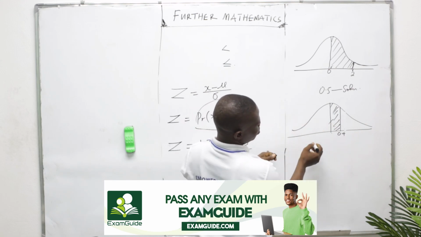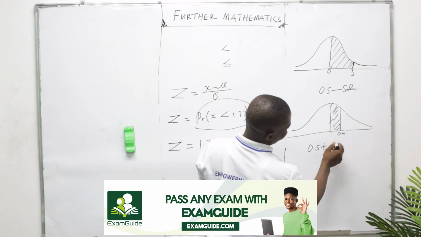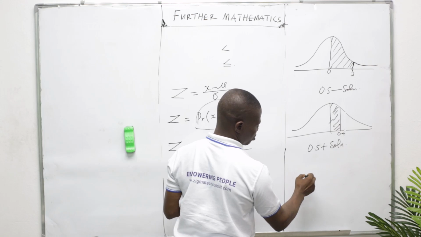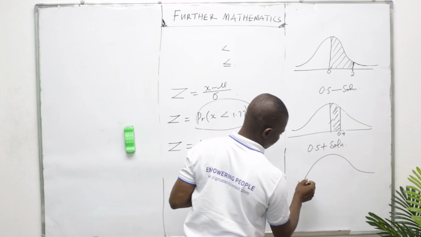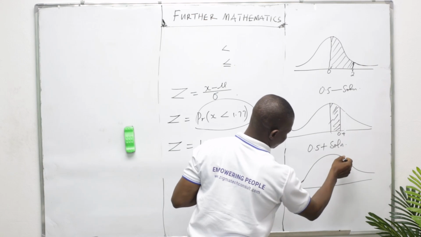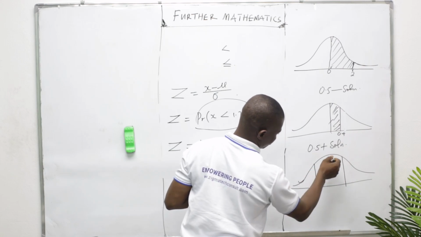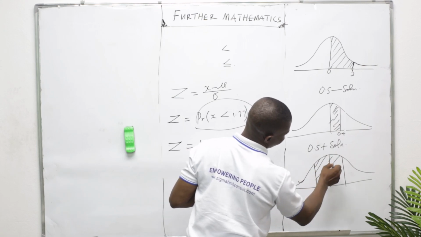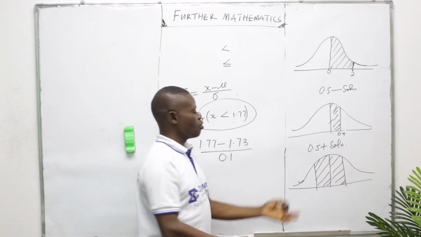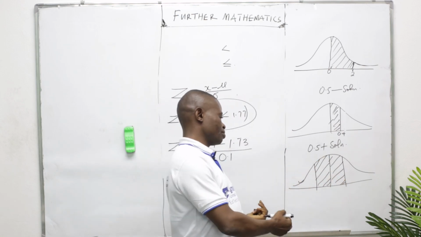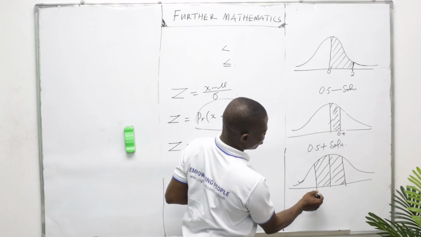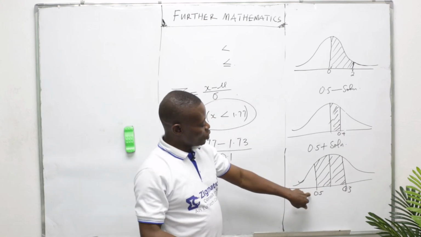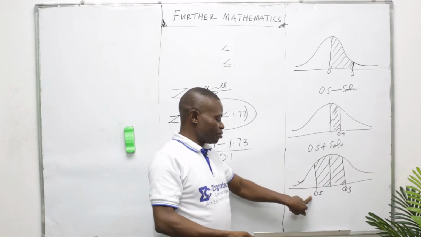Then the area not included, that's 0.5 plus who? Solution. Just take notes. The next one you need to know, when you have this, if it's within this way and this way, the middle, the solution is in between like this, and like this. Meaning we have exhausted both the negative part and the positive part. Meaning whatever that is our solution, maybe let's say 0.3, from normal distribution table, when we get the value, this